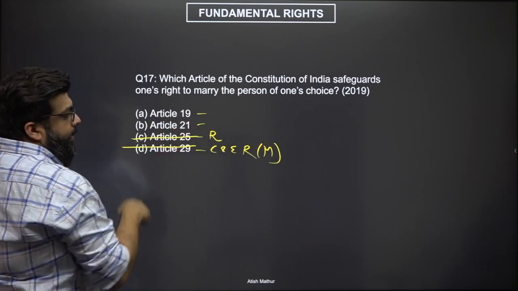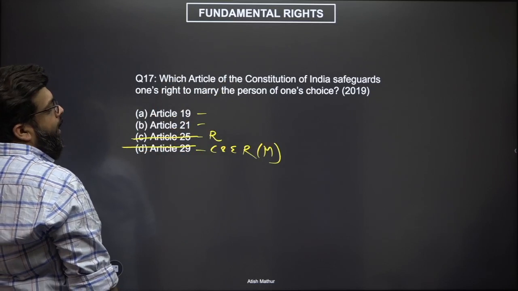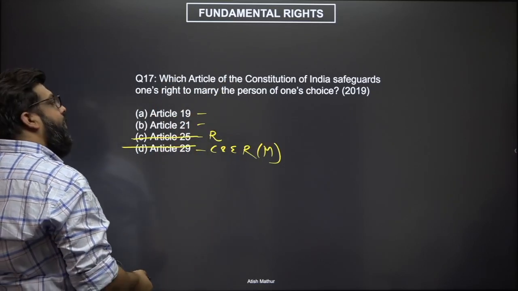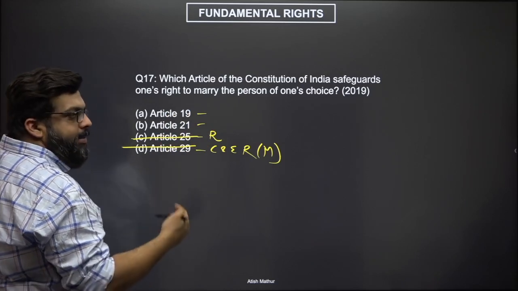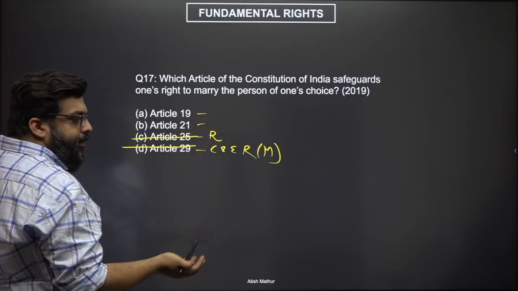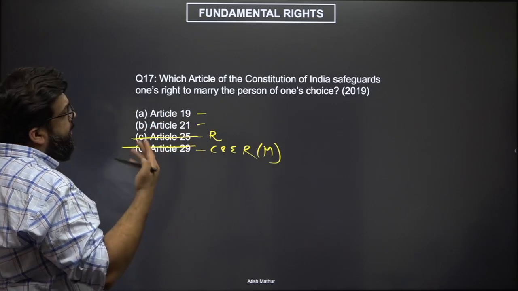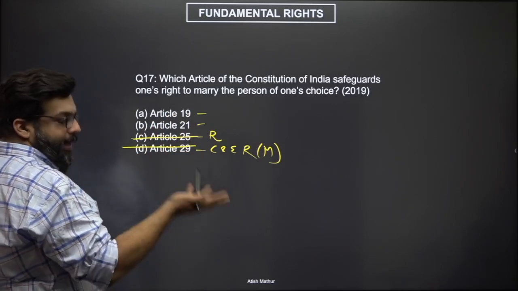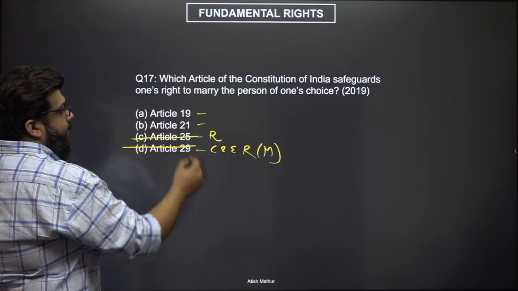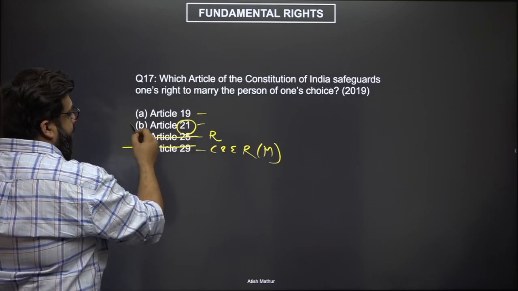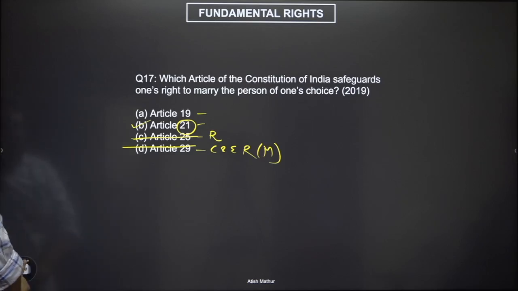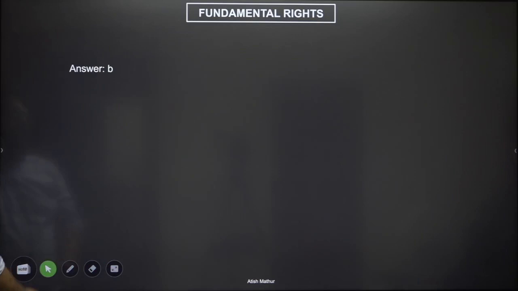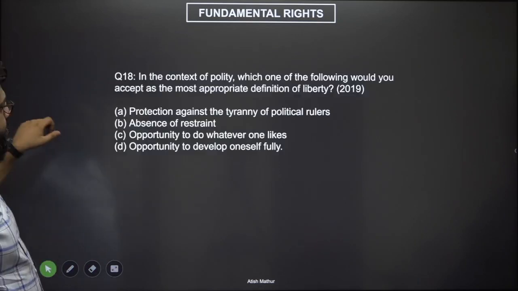Article 19 and 21 can be a conflict. Article 19 is the freedom to express yourself. Article 21 is the freedom to life and liberty. If you're not allowed to marry as per your own choice, then your liberty seems to be taken away. Your life may seem to be incomplete. This seems to be more overwhelming than Article 19. Therefore, option B, Article 21 is your correct option. Okay, there you go. Next